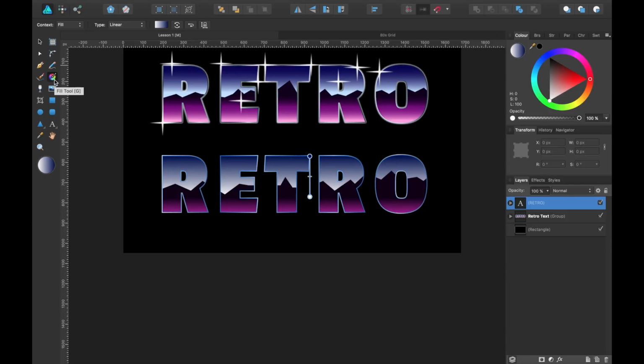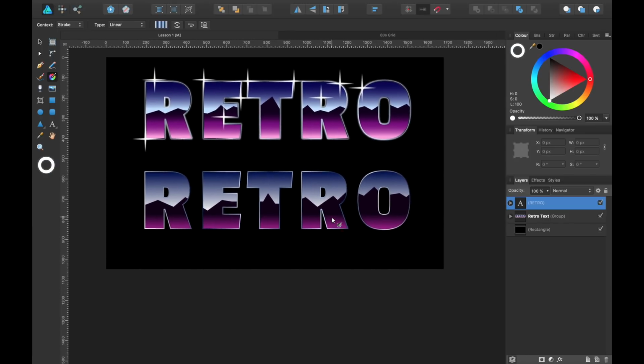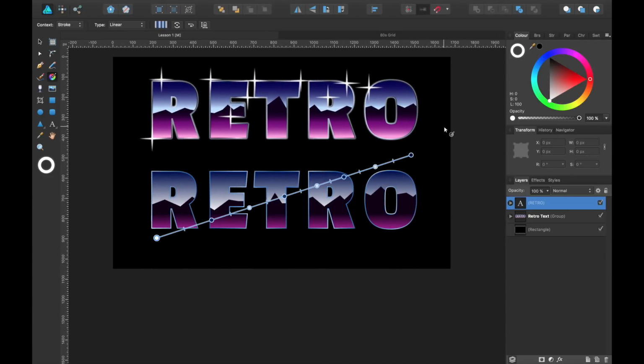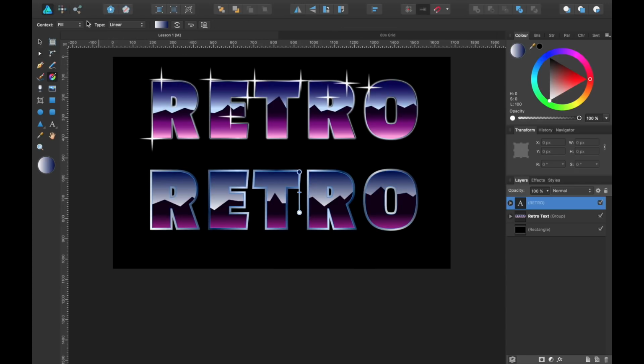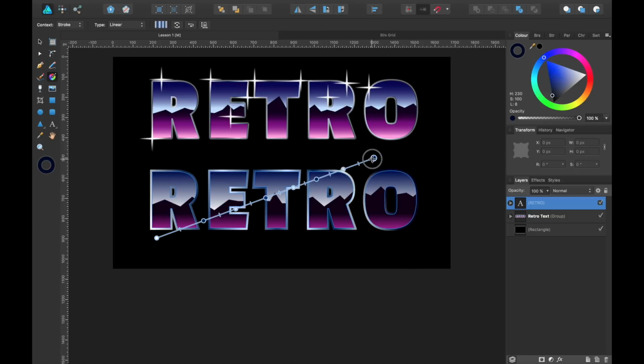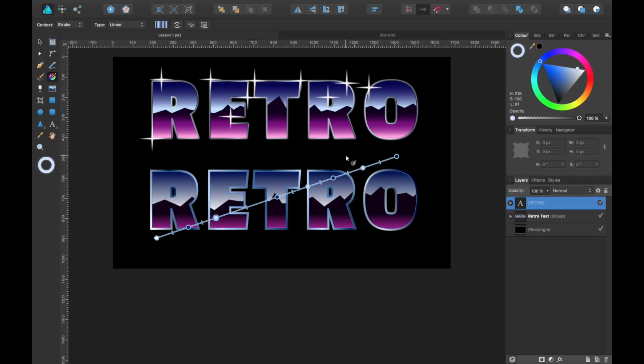We're going to go to our fill tool now that we've done all those, and we're going to head up here and change it. Instead of fill, we're going to go to our stroke. And here it is going all across. So what I like to do is just put it at an angle, just like that. So you can see it's kind of similar. Maybe we should make this stroke a little bit bigger. So you can see what we've done there, and the angle that gradient's at. Okay, so there we go.